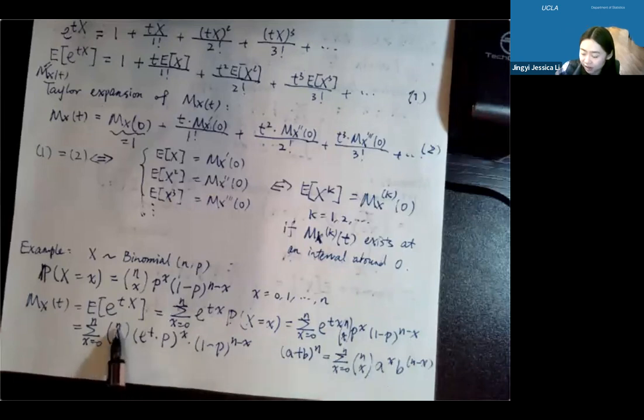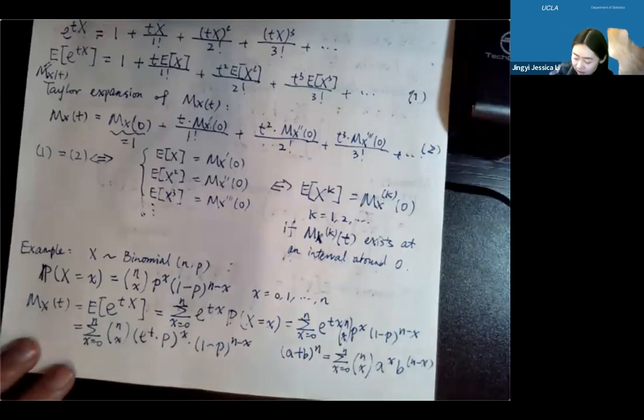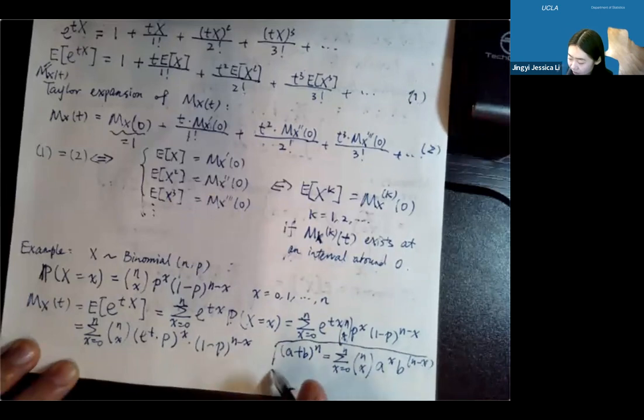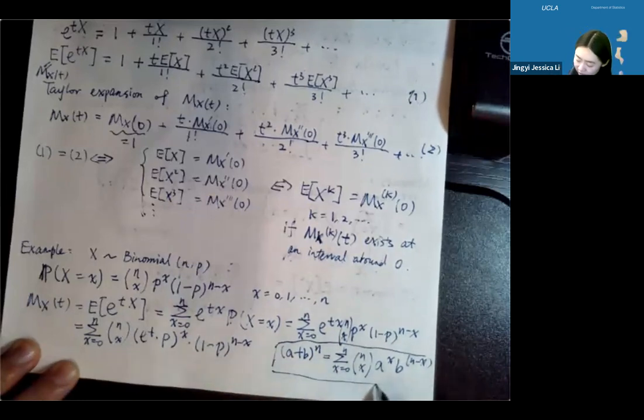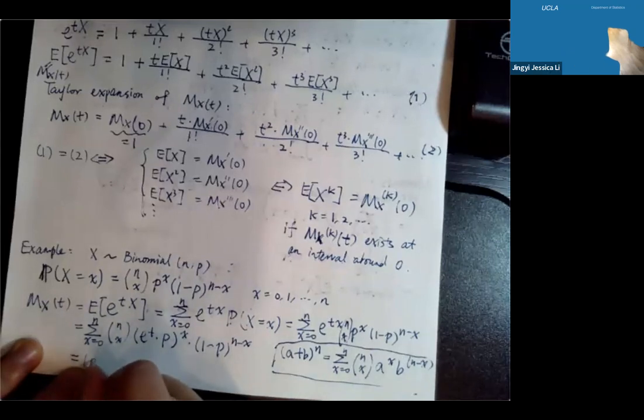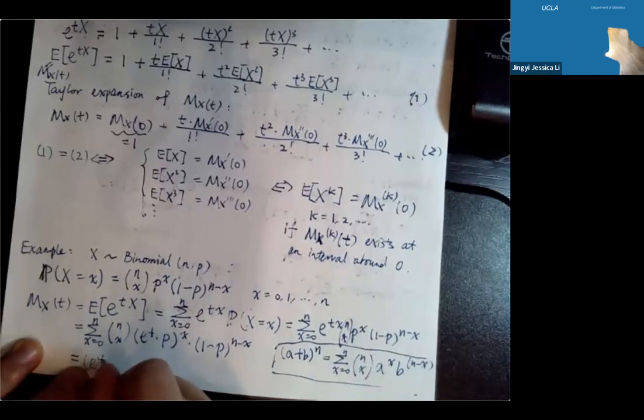Here we are decomposing n into x and n minus x, two integers, and then we assign these two as two powers to two terms. So clearly, because of this fact, we can write this sum as just